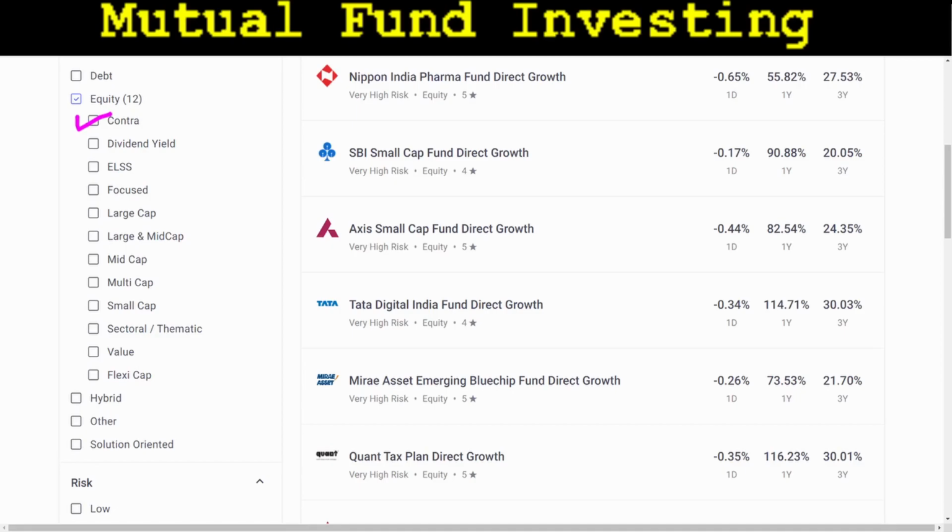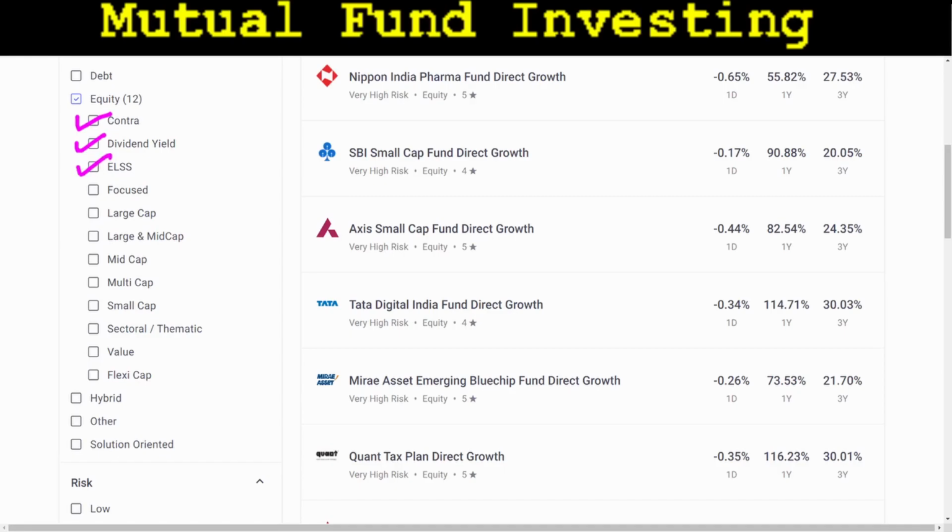The next category is dividend yield mutual funds. These funds invest in those shares that give high dividend yields. Those dividends are credited into the trader's account regularly. These kind of mutual funds are suitable for the people who are happy to see small amount of dividends regularly flowing into their accounts. Although in most cases the returns of dividend funds are a bit less than the other categories.